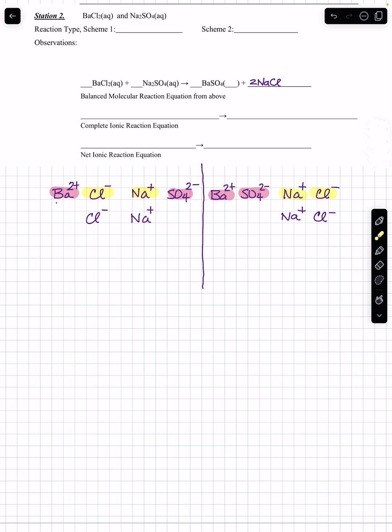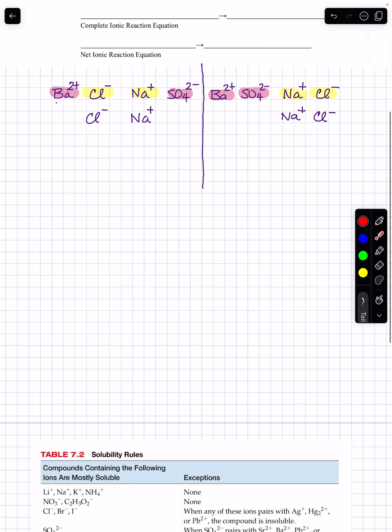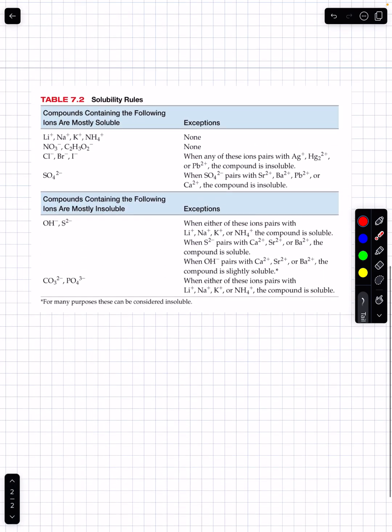Now we need to figure out what the state symbols are. Are these aqueous or solids, or what's going on here? To do that, we need to use the solubility rules. So let's look at, I like red better. Let's look for barium sulfate. Okay, so we're going to scroll down here to look for